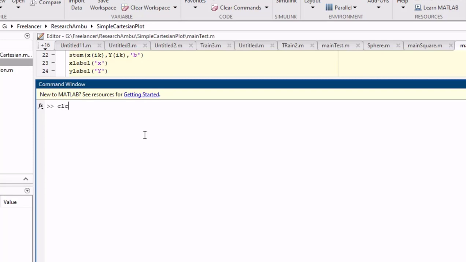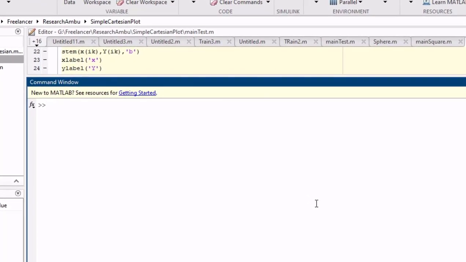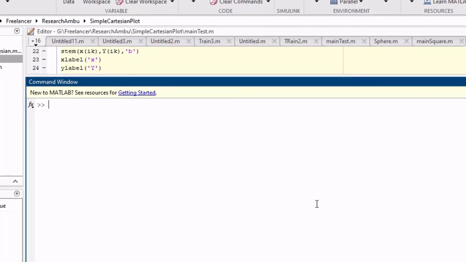CLC is nothing but clear screen. If you type CLC, it automatically clears the window. Now, if you assign any variable, first of all, in basic C language, how do we assign a variable? int a equal to 2.